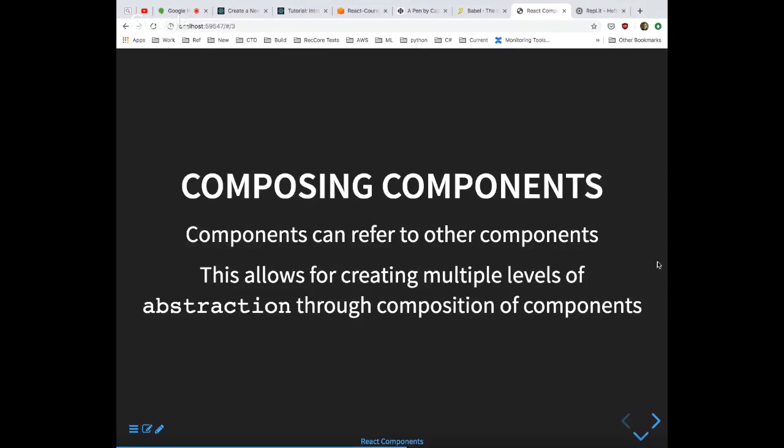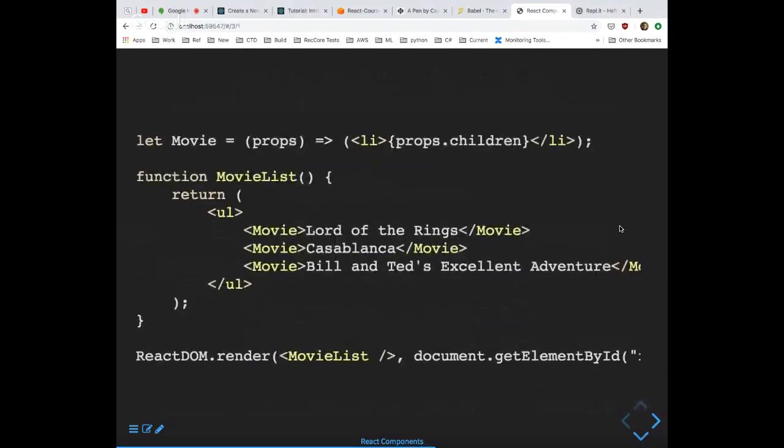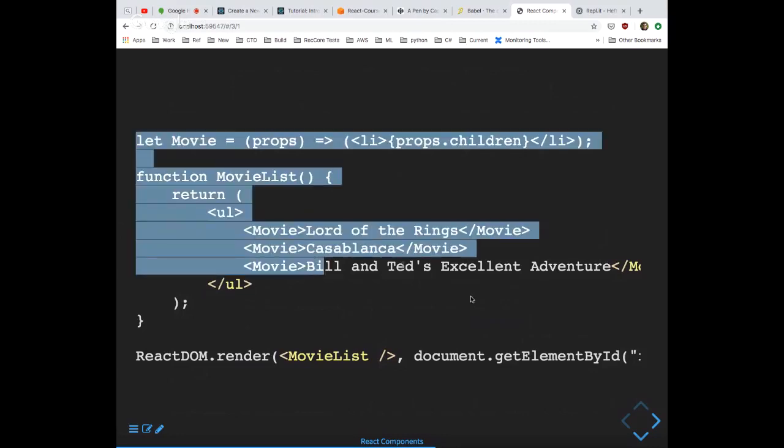And the interesting thing is, so far we've only nested what would be HTML, but really those are JSX elements inside of our stuff. But components can also refer to other components, and they can be nested inside of each other in the same way that we are nesting stuff with,